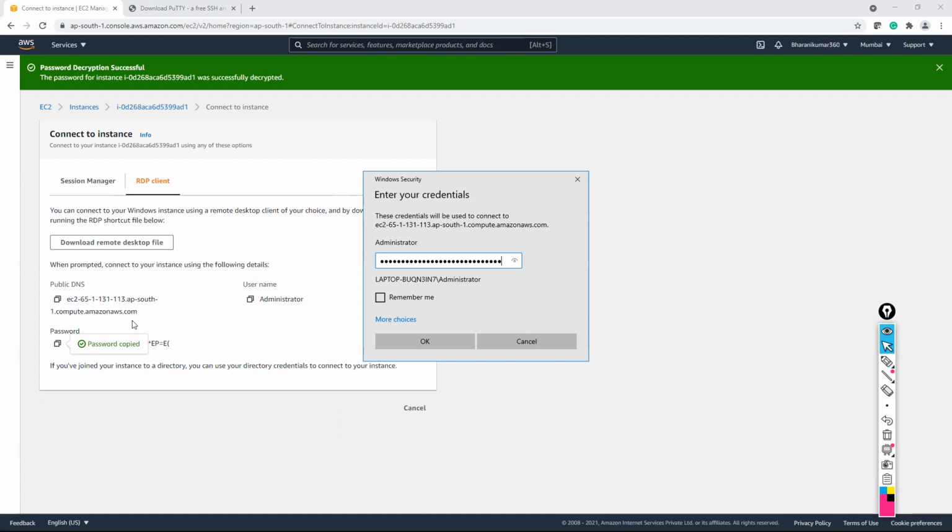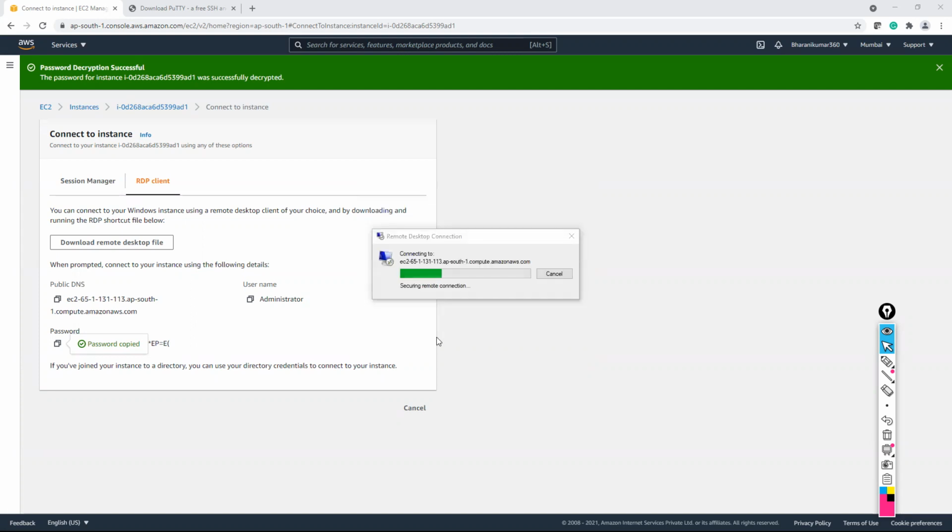The password will change every time. Every time you have to submit that PEM. If you stop and again start your instance, the same instance, again you have to submit the PEM file, and you will get a new password. Okay. Good. So remember me means it will save this host name. Yeah, you can go with remember me.